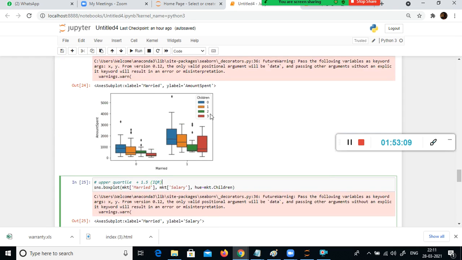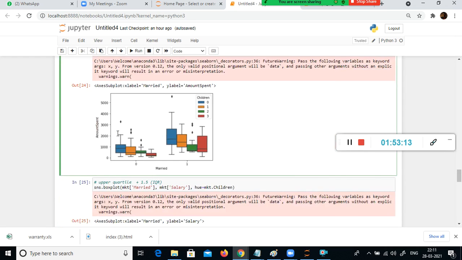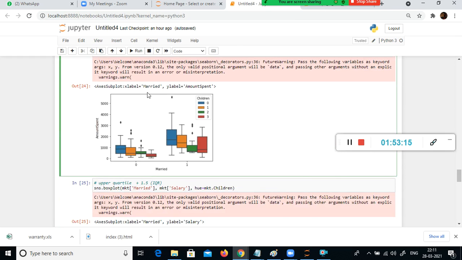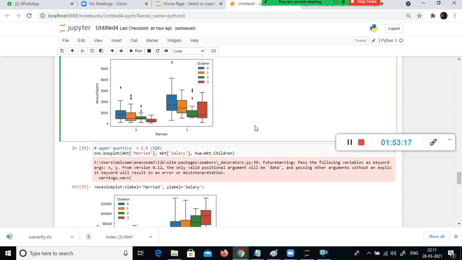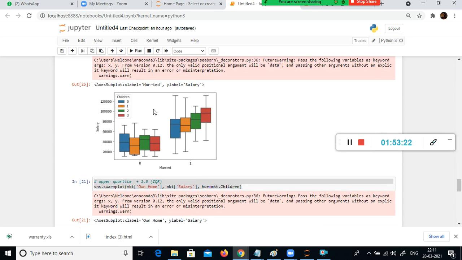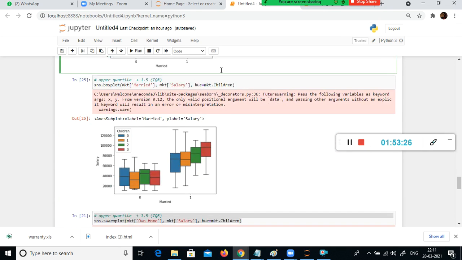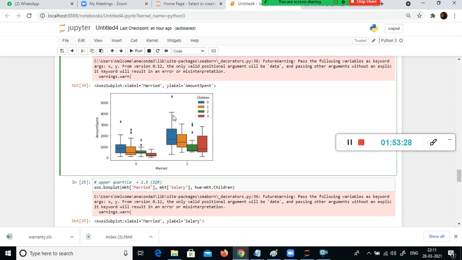But when you explored, when you went one step ahead and conducted the exploration with these 3 columns, you were able to understand that whatever hypothesis you made, or whatever you had seen here, was not correct. This is a classic example, right? So you can understand those people who do not have kids, their spend is more. End of the day, spend matters.